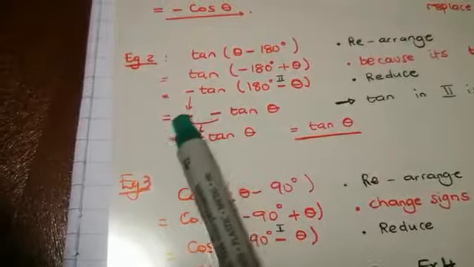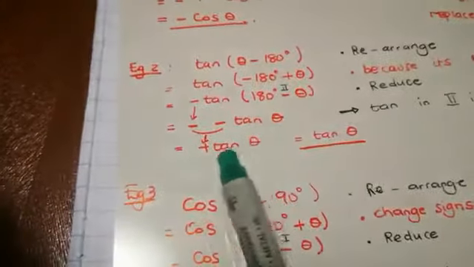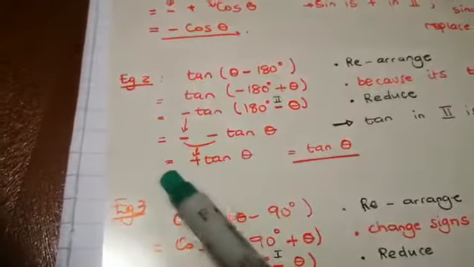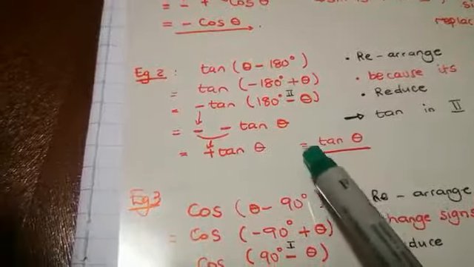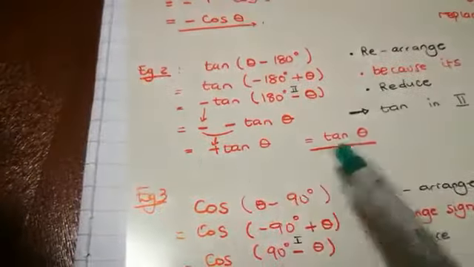So now you've got minus minus. So minus minus makes positive tan theta, and then positive tan theta. I wrote this so that you can see why it has now become this. So this is the final answer. You don't need to write this. I was just showing you why it is like that. Okay, and the last example we have